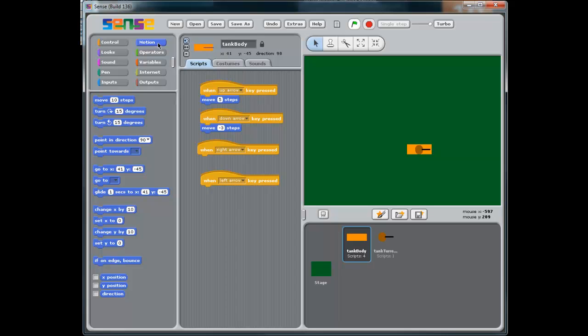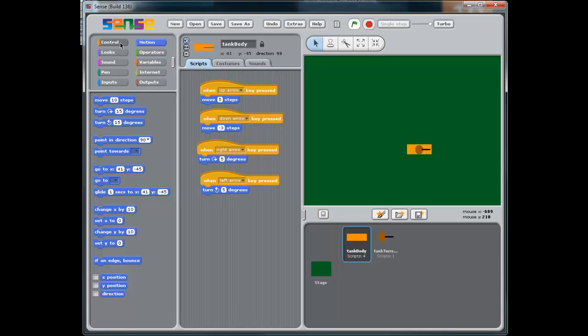The next piece of motion we need to add is in the turn. Now the right arrow turns right, and the left arrow turns left. Just check that your little swirly arrow is pointing in the right direction, so that one's moving from left to right and that one's moving from right to left. Okay, and just change these degrees. We're going to make it a 5-degree turn because 15 degrees can be quite choppy and look a bit less animated. Okay, so now what we have is the ability to move our tank body,